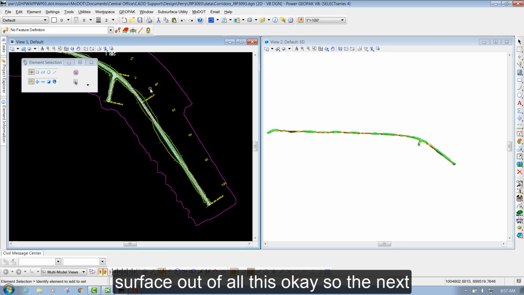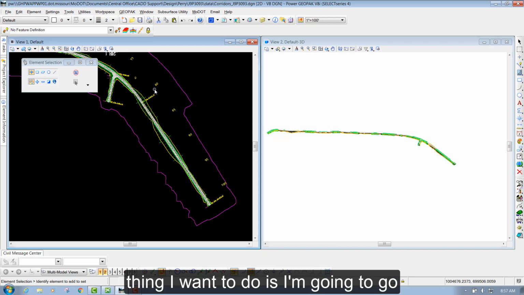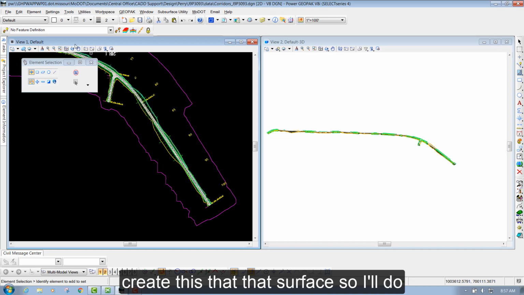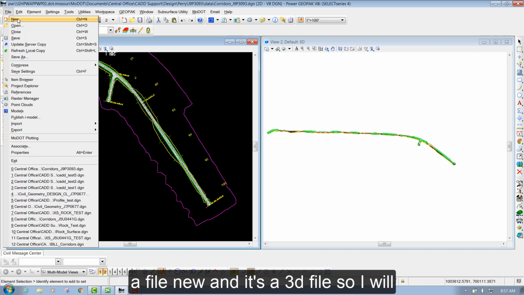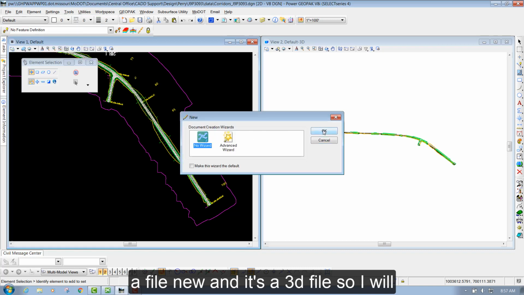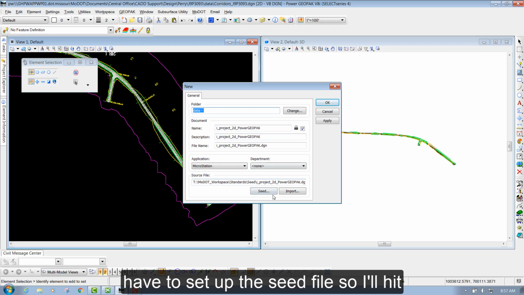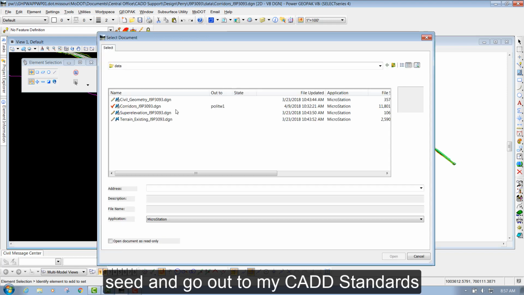Okay. So the next thing I want to do is I'm going to go ahead and create a brand new 3D file to create that surface. So I'll do a file new, and it's a 3D file, so I will have to set up the seed file. So I'll hit seed,